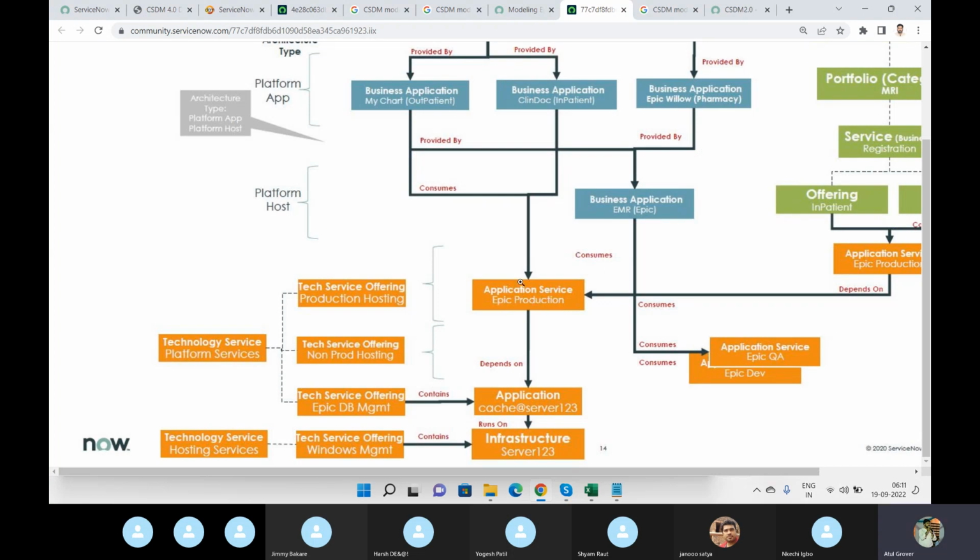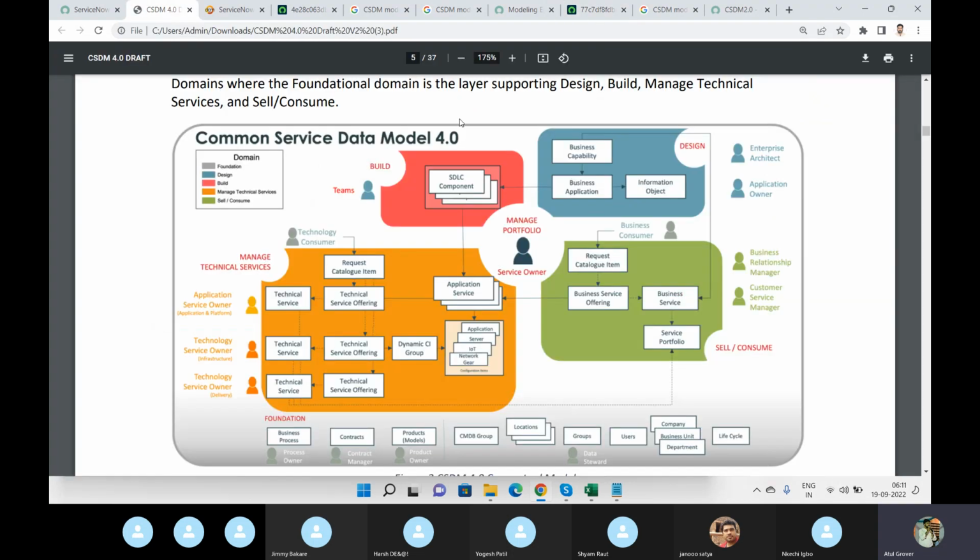Maybe it's a live hospital. So I have Epic Production, right? This part. So now what you have to do today, you have to read this picture again